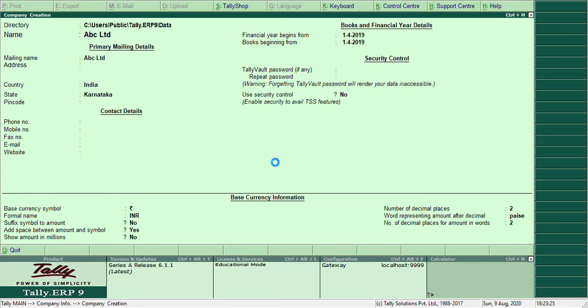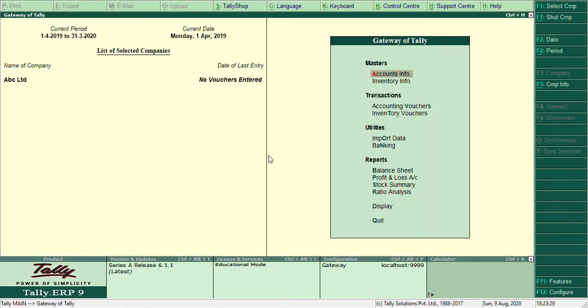So it is saving our company with the name ABC Limited. You can see the company name here, ABC Limited, which I have created just now.